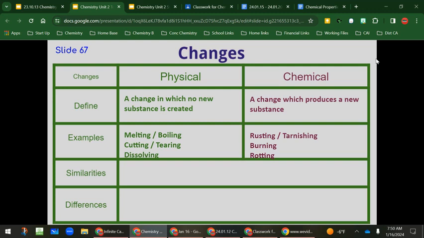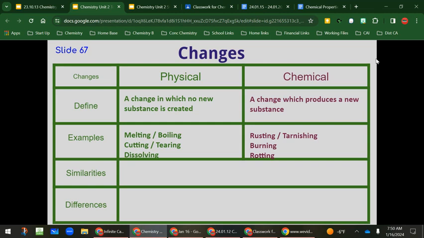The thing about dissolving is because it's a physical change, we could get that back. Boil off the water, we're going to get the sugar back. We're not getting the aluminum back. You're not boiling off the water and getting aluminum foil back. It's gone. It's now aluminum chloride in there. So a little bit of difference there.